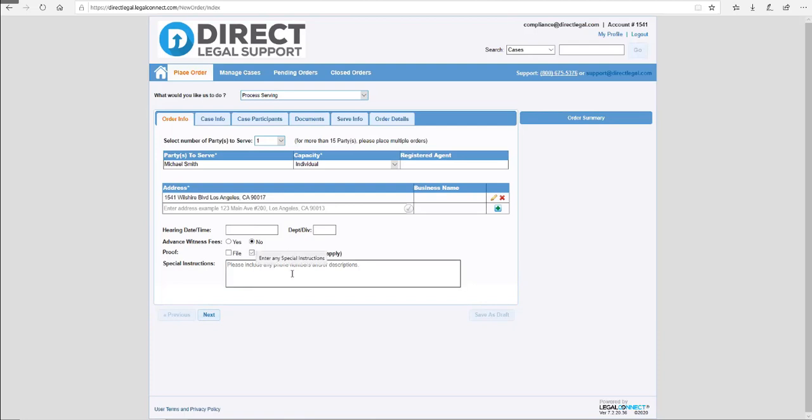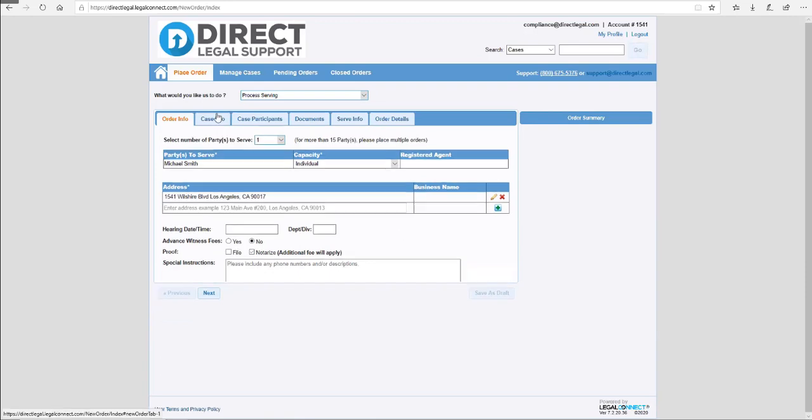If you have any special instructions, the subject looks like this, the car involved in the accident is that, here's the person's date of birth, etc. This is where you're going to put all those additional details for us, especially on a divorce document. It's very imperative that they give us the description of the person that we're serving because, believe it or not, people sometimes do lie when we're serving papers. Anyway, so after you've done all that, you're going to go to case info,